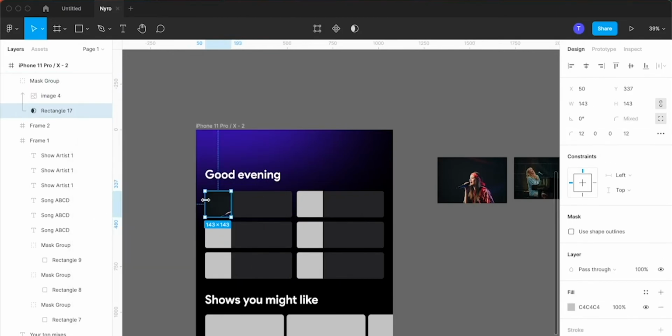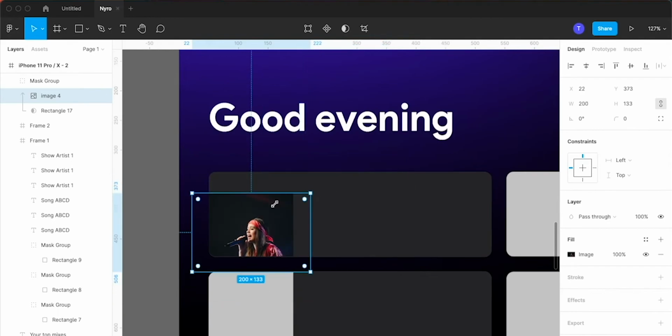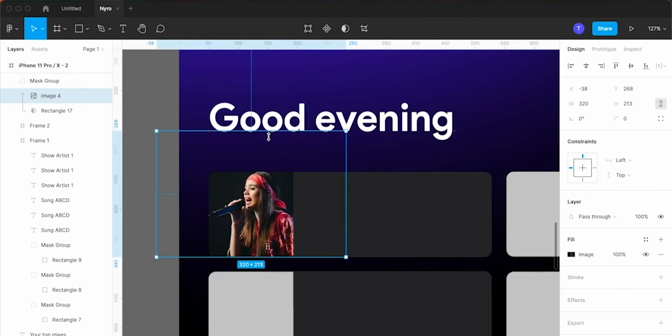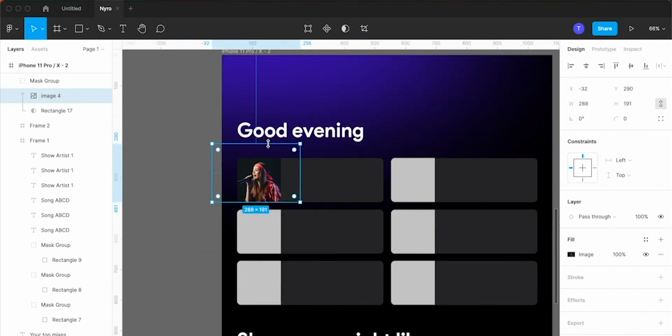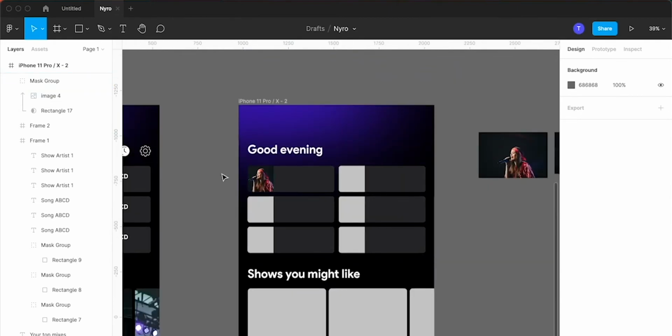You can also use the keyboard shortcut if you want. Now let's resize it properly. And here you go. Now you can see the placeholder box is acting as a frame for the required image. We need to repeat the same steps for other images as well.